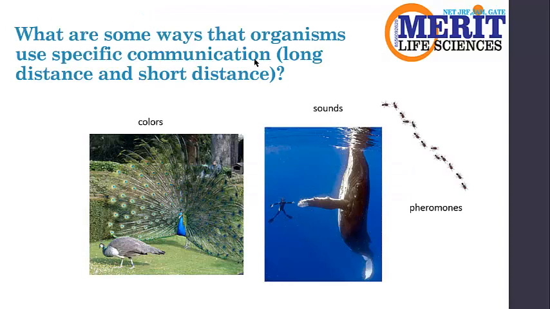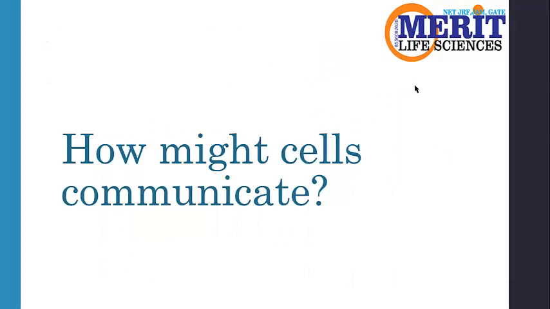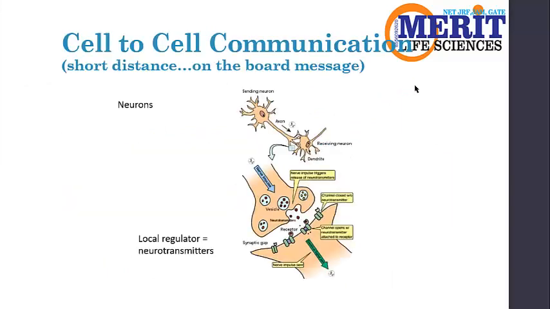And if you are talking about the organism, there is short as well as long distance communication, and sometimes there are colors as you have seen in the peacock, sometimes there is a sound as you have seen in the whale or shark. They are communicating via sounds in the sea, and ants are communicating via pheromones. These are small chemicals. So how might cells be communicating, we'll answer shortly, but certainly for the short distance